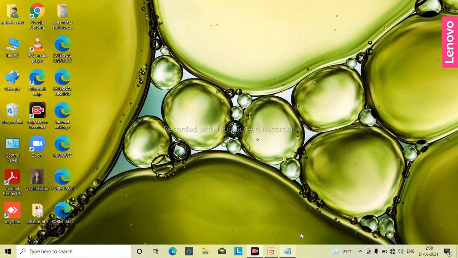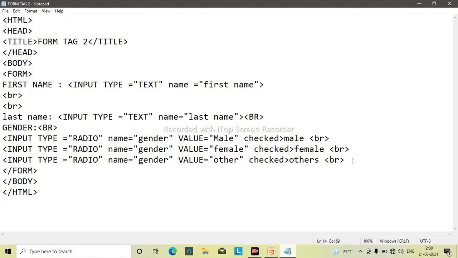Now the final and the last one, submit button. Now what is submit button? Let's go to that one only, BR. Now after that what you will do? Input type equals to, here you will write submit.